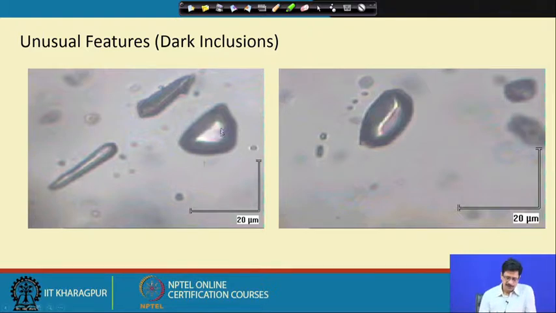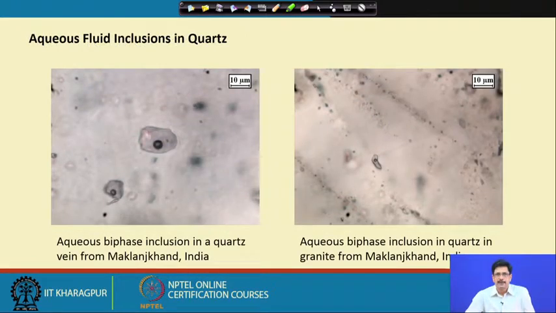So, it is possible that they could possibly have been cavities, or the content have been totally lost from them, but in some of the cases they do represent that they are essentially inclusions which just contain vapor, and in the majority of the cases they turn out to be containing vapor of carbon dioxide. And why it is so, we will be explaining through the appropriate phase diagram, when we see for these particular systems.